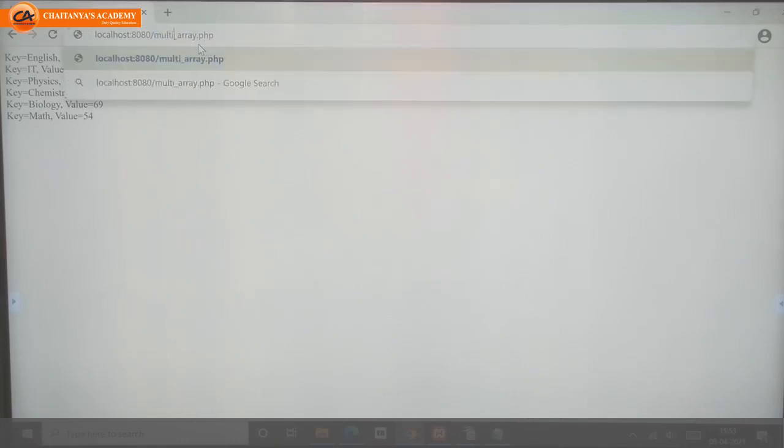Multidimensional array. Here name Ashwini, roll number 1, marks 96. Second name Raj, roll number 2, marks 59. Name Sonali, roll number 3, marks 70. See, here I didn't write key values.